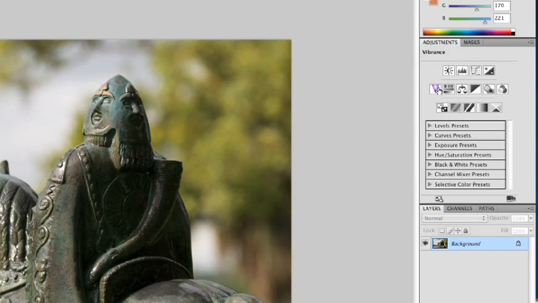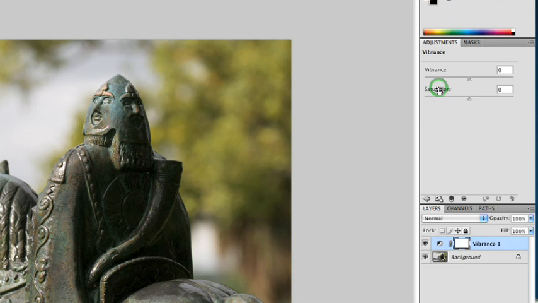So we can go ahead here, for example, and click on Vibrance and add a Vibrance adjustment layer. And this allows us to pop the colors in a little bit nicer way than hue saturation does. That worked out nice there. And if we want to, we could toggle that off and on by clicking the visibility icon to see the